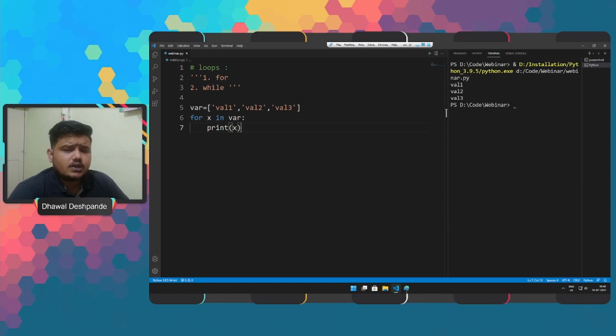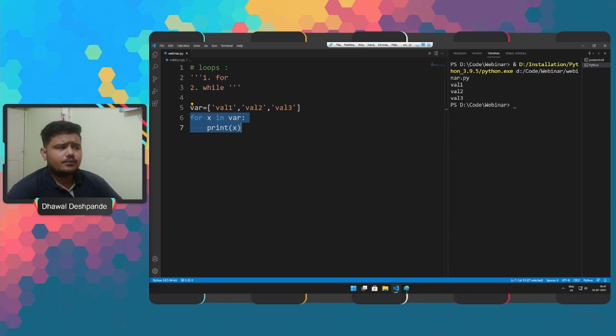In other words, with the for loop we can execute a set of statements once for each item in a list, tuple or set, etc. So we can use this concept in every sequential data type, right? However, the for loop does not require an indexing variable to be set. Here, X is not set before it is used in the for loop. So working with a for loop is very easy because we don't need to focus on the counter or indexing variable.